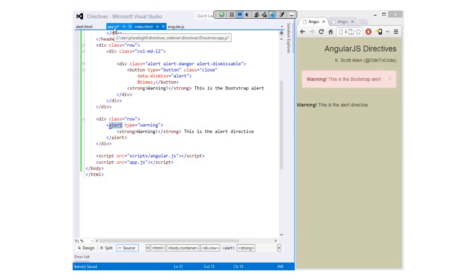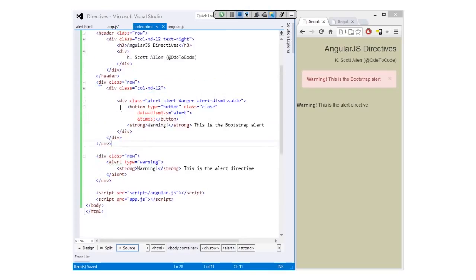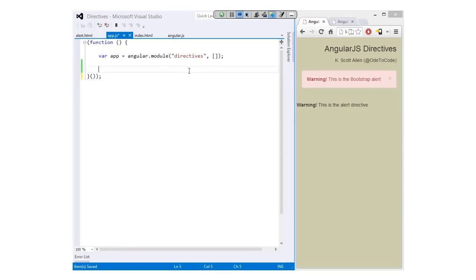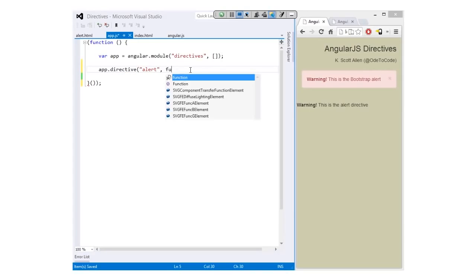I'd like to be able to get rid of those. And now, let's try to implement a custom alert. So I already have an ng-app directive in this file, and I should have mentioned this at the beginning. I do assume that you've done a little bit of Angular and you understand ng-app and ng-controller, but maybe just haven't written a custom directive. I have an ng-app, and I have that module defined. Now what I need to do is add a directive